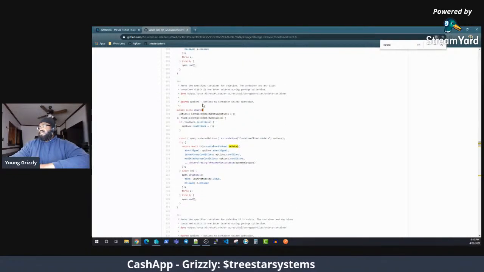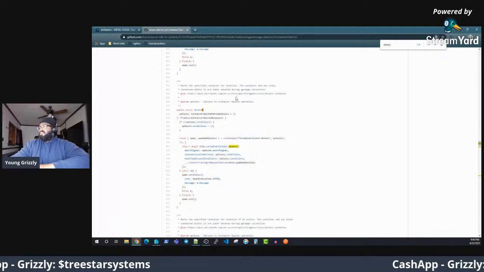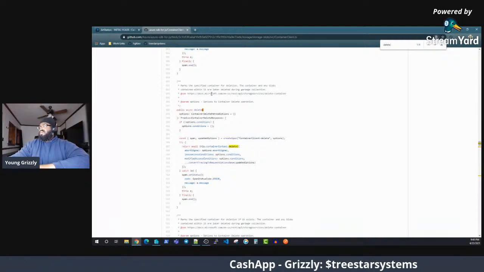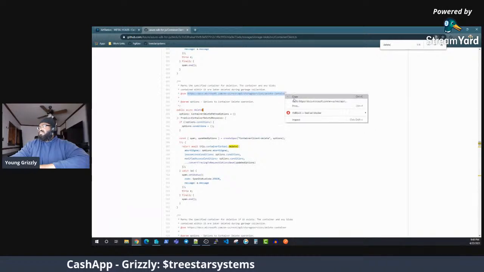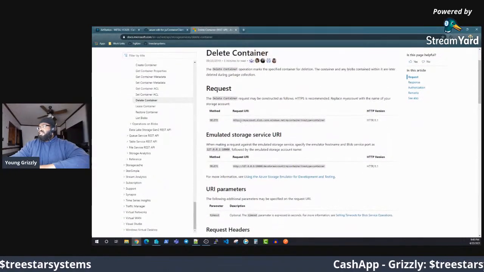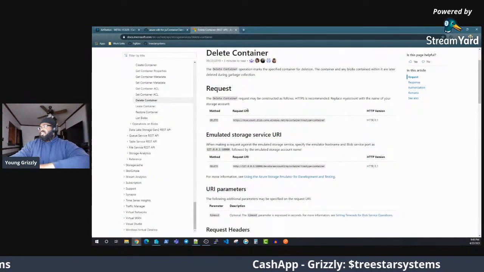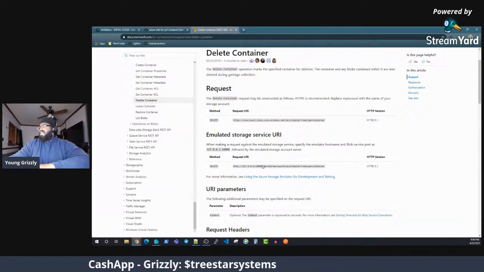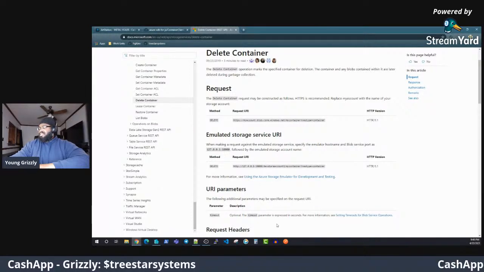And it says it takes options, options to container delete operation. And it's just like, what are the options? Like, what do I have? What can I do? And then if you use the documentation, okay, it tells you about the request, but you're not even putting in the request like this, which is shitty because you can't easily use Postman to do something like this because you